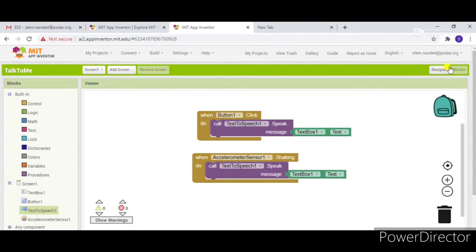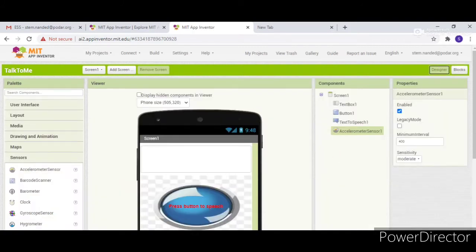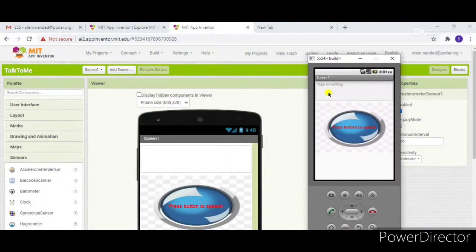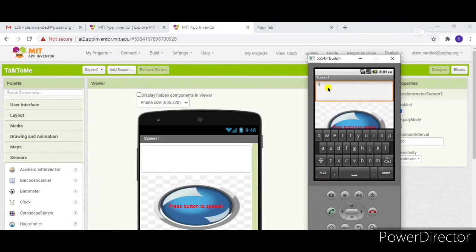The one typed in the text box, that is the text box's text message. Okay, just open the emulator or AI companion and check whether your app is working correctly or not. If it is working correctly, then click on the build option, download the APK file and install it on your phone. Just check it out.